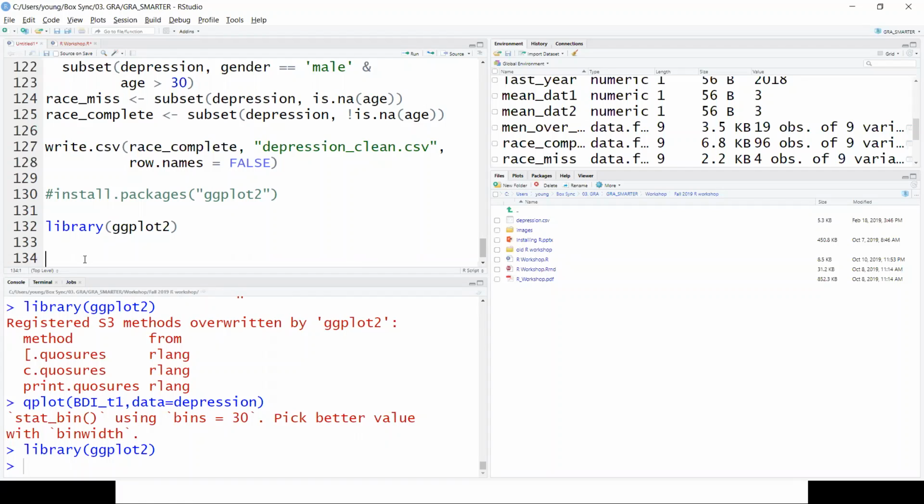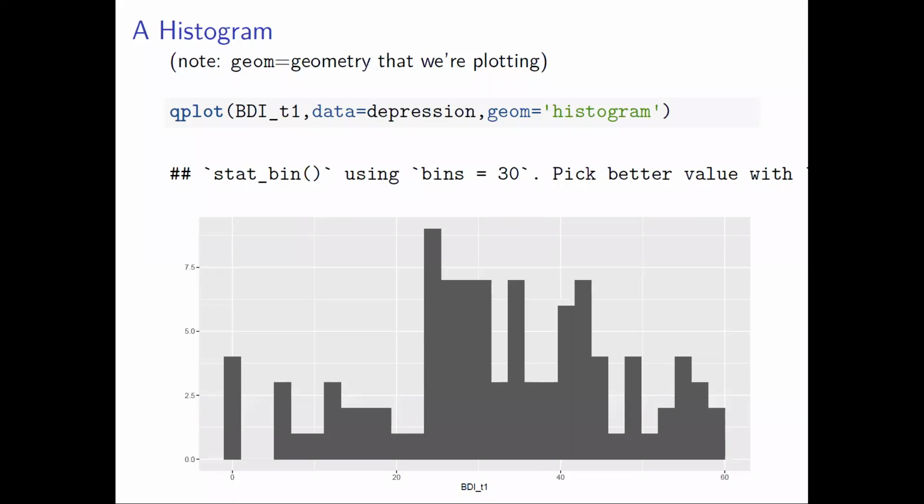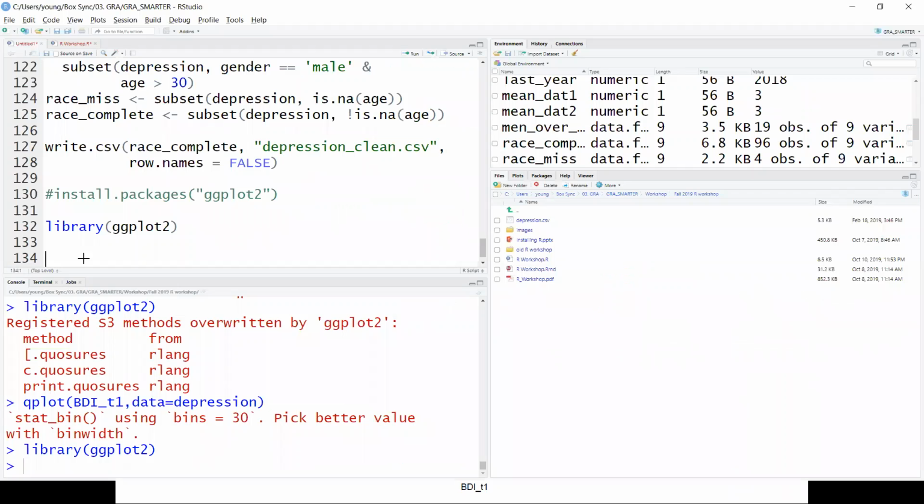The first thing we're going to look at here is BDI, which stands for anxiety, right? We want to know how this is distributed, and we can use the quick plot function.